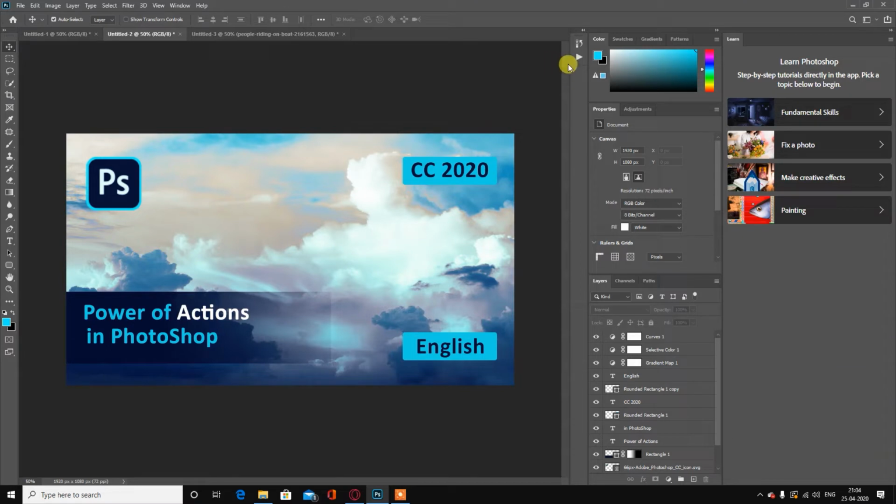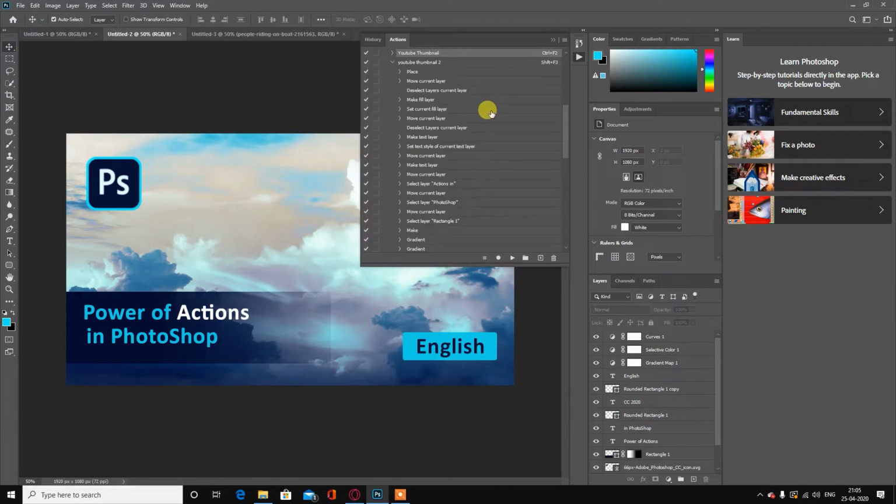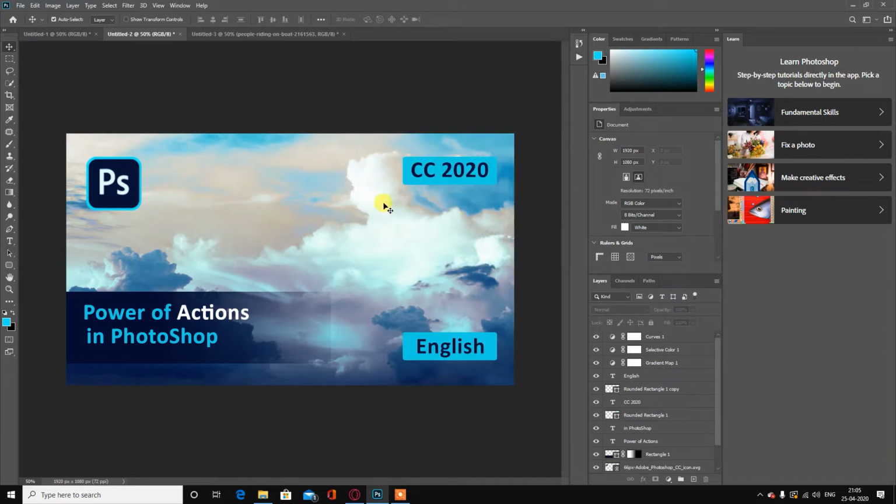Firstly, I want to tell you that I have created an action. For this, if I go to the actions panel, here you can see YouTube thumbnail. This action has the shortcut key Ctrl F2, which I assigned when I created it. Likewise, I have created YouTube thumbnail 2, which is slightly different from this in the color correction. So let's see how we can create one for ourselves to use further, but I have provided you these two actions in the description. You can download them and use them very quickly. So let's see how we can do this.